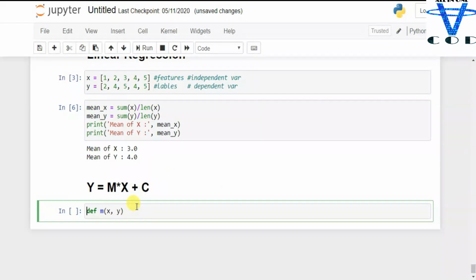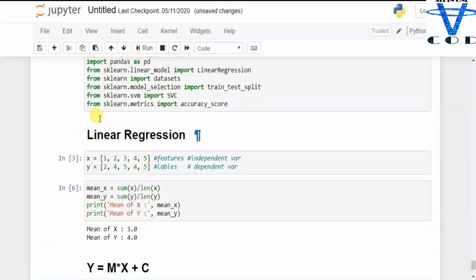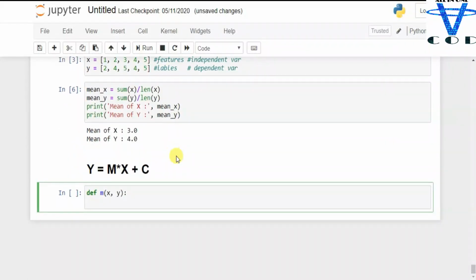So you can do all of this stuff in the simple way using scikit-learn, but we are creating this function to see how linear regression really works, how you can create the algorithm, a model to determine the linear regression. Okay, so how are we going to find the m? But first let's create the plot of x and y.